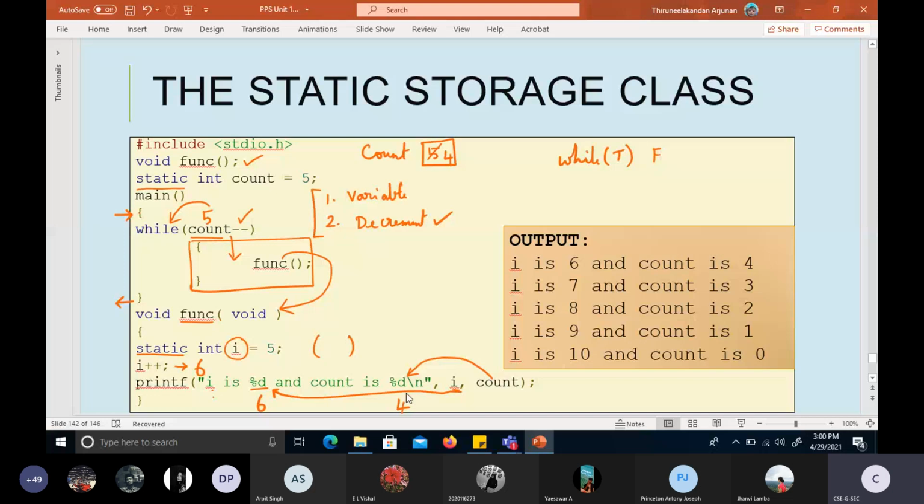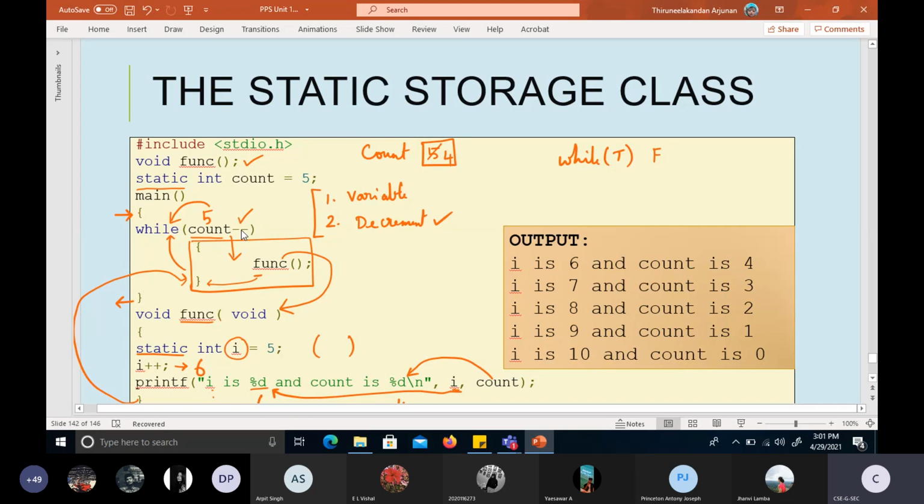Now as soon as we find this closing bracket, we will run again to this closing bracket, because the function was only called once. After finishing this entire function, my control will come here, but there is no other instruction, so it will come to this place. When it reaches this closing bracket, it will again go to this while loop and see whether the while loop is fully exhausted. The present value of count is 4, so count will take its value as 4 here, and that 4 is given to the while loop.